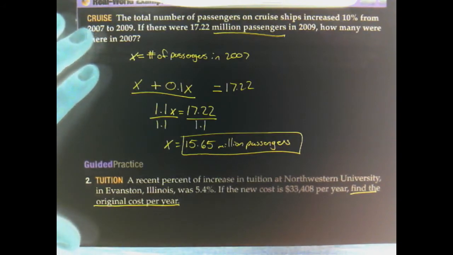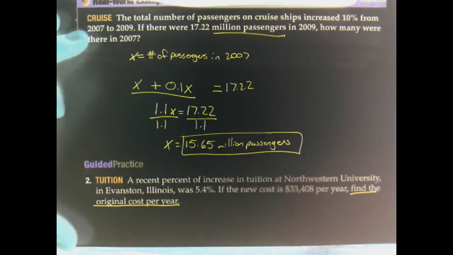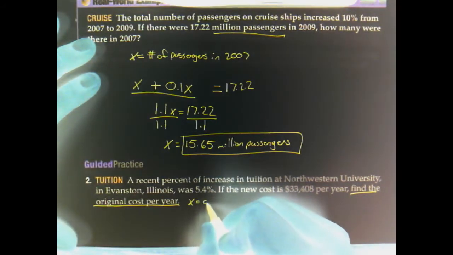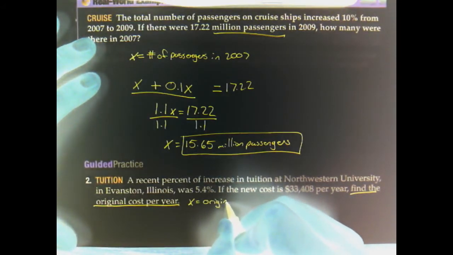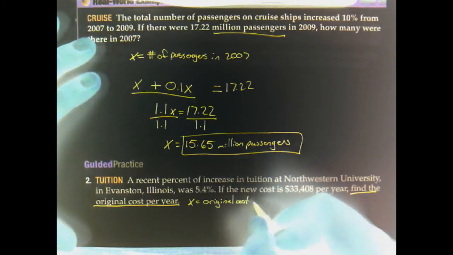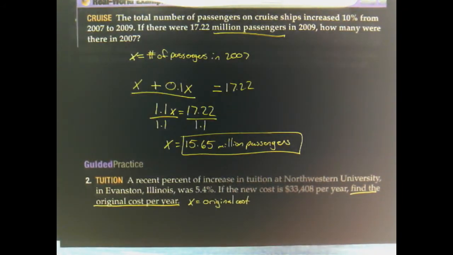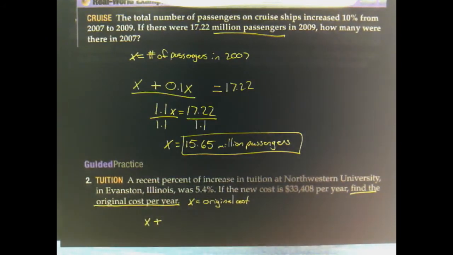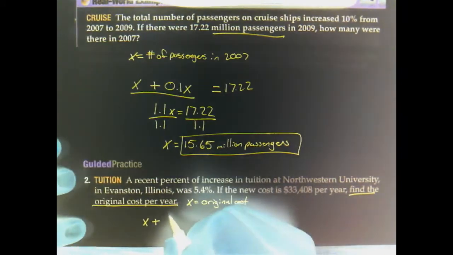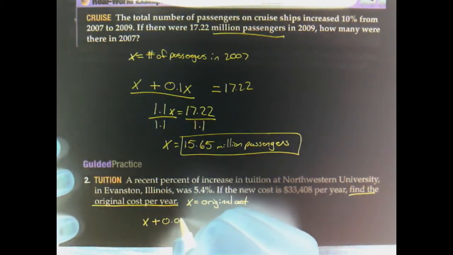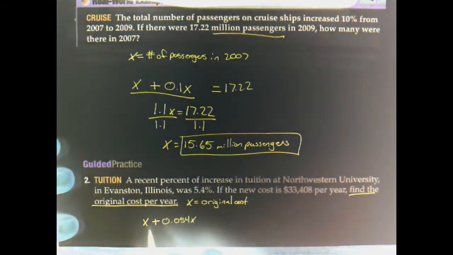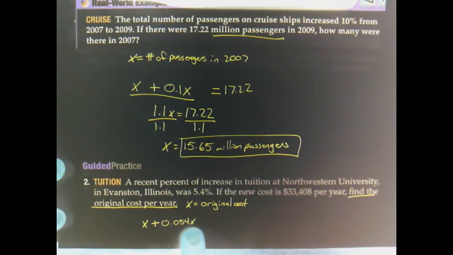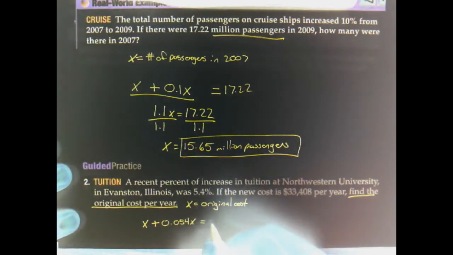Okay, so if that's what we're trying to find, that means we don't know that currently. And if we don't know something in algebra, we assign it a variable. X equals original cost. So what we had is we had our original cost. We added a 5.4% increase to that. So 0.054x. That's how we find the amount of that increase. We take the percent, written as a decimal, times the original amount,